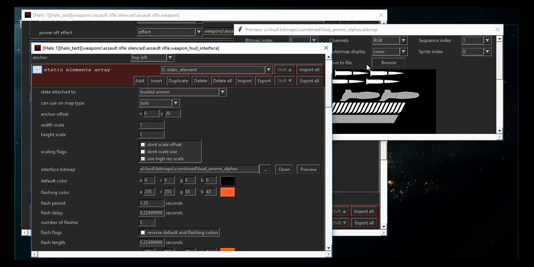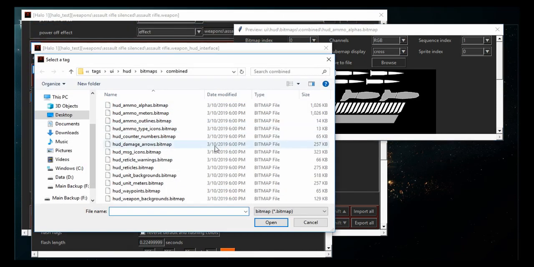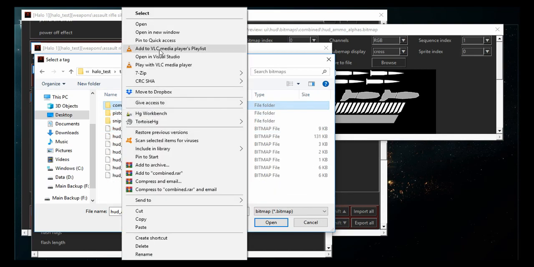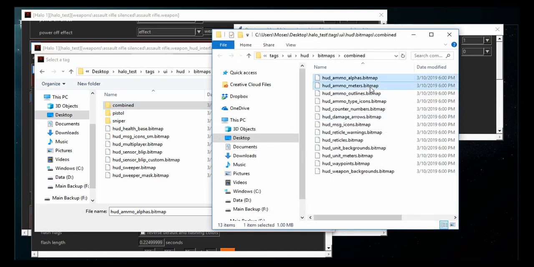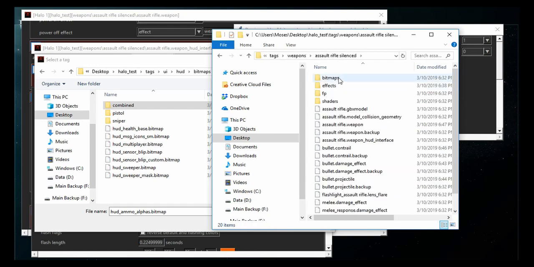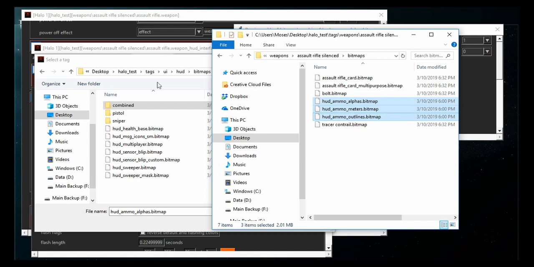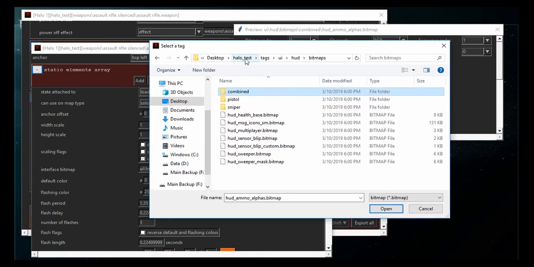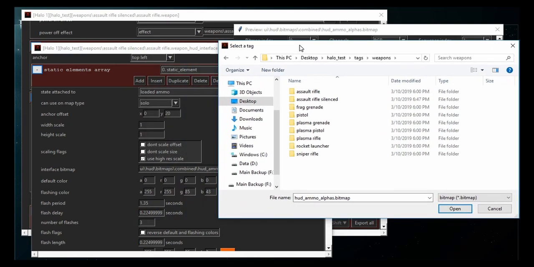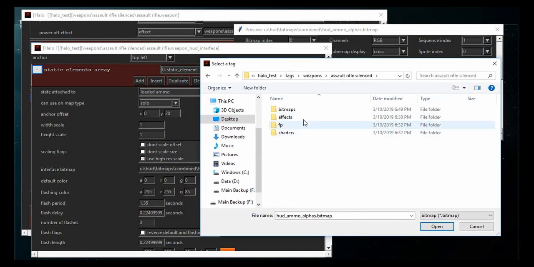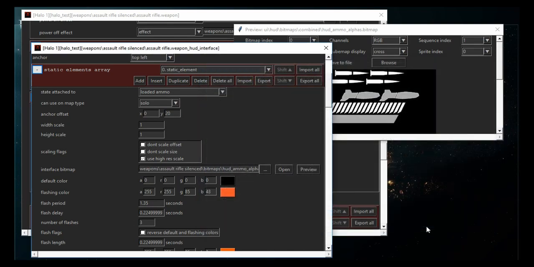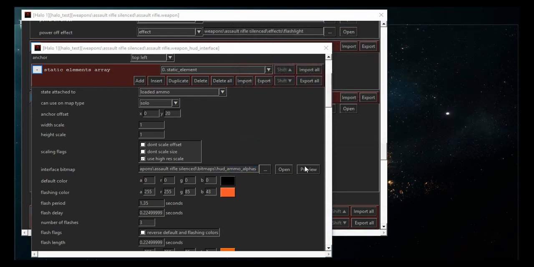Let's actually edit. Let's make a copy of the HUD alphas. Actually, we'll need to copy a couple of these. The HUD meters and alphas and outlines. Okay, that's good. So let's redirect this silenced assault rifle to using this modified, or this copied